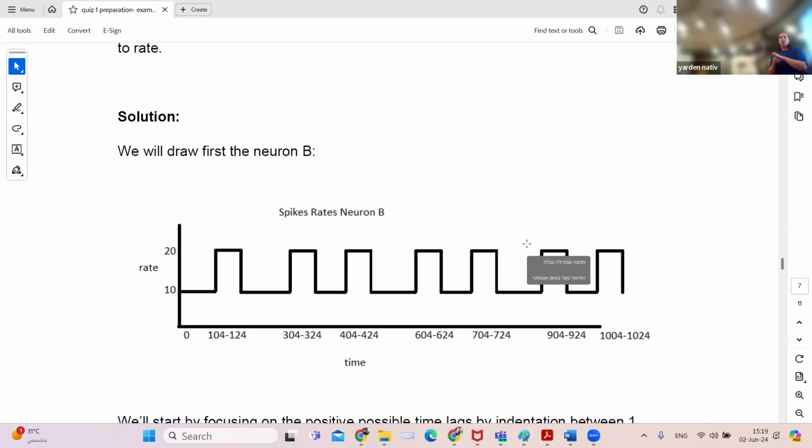And there are a few kinds of partial overlapping here. For example, there is an overlap between this one and this one, but there is no overlap of this one with the other one, right? Because an overlap from this one to this one is shifting by 200 milliseconds, shifting left, sorry. You need this to meet this. And when you shift this by 200 milliseconds, it means no overlapping. So this is not a full overlapping. A full overlapping is only by 500, when you take all of this, right?